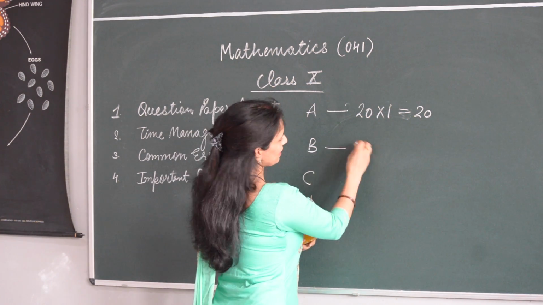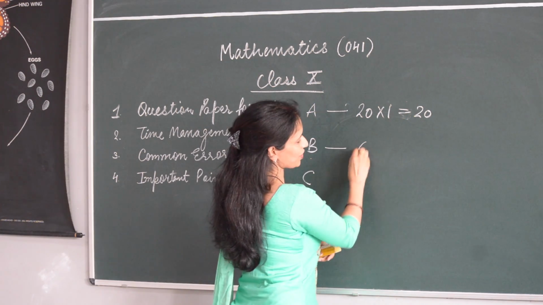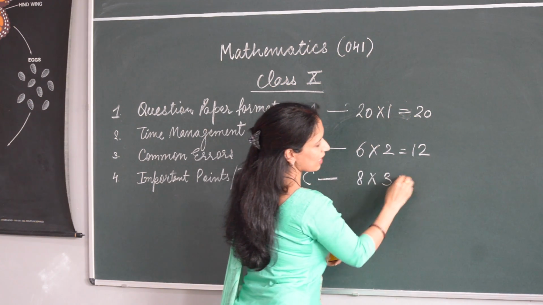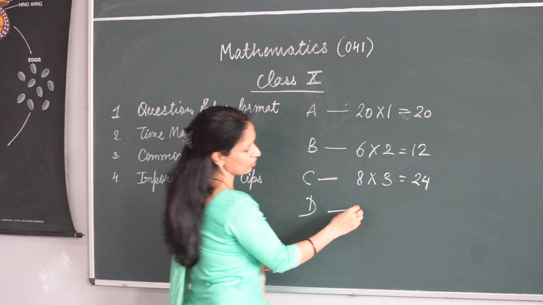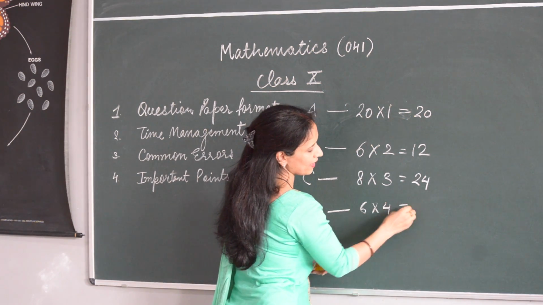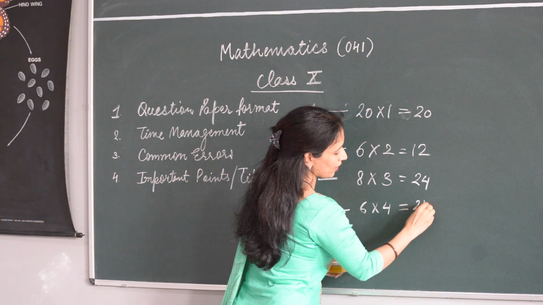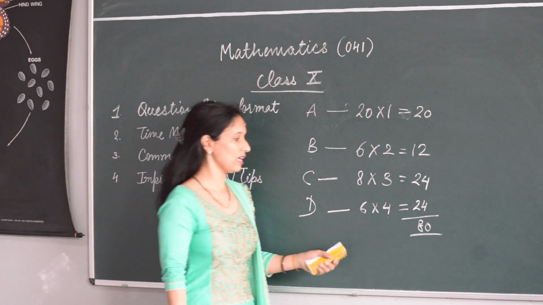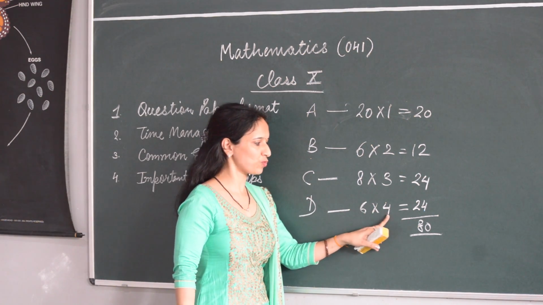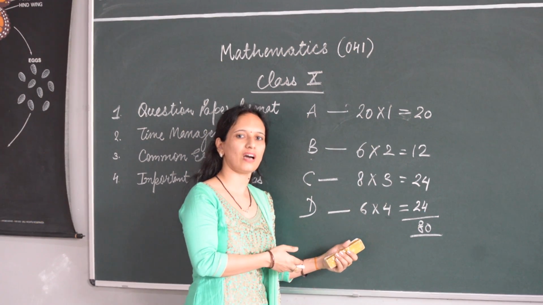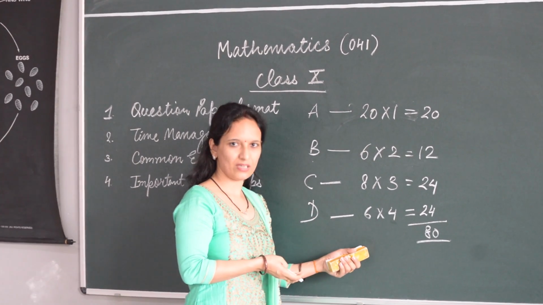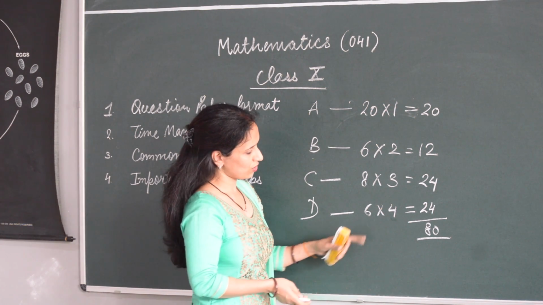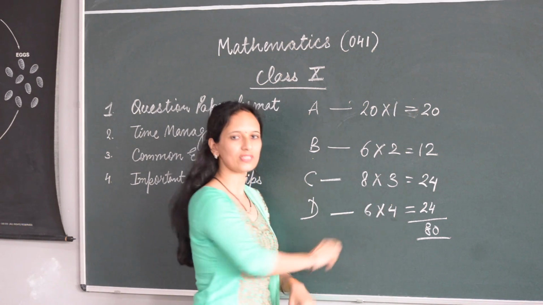Second, in B section, you will get 6 questions of 2 marks each. In C section, you will get 8 questions of 3 marks each. In D section, you will get 6 questions of 4 marks each. Now these 4 marks questions are again very important ones. I guess the most probable chapters from where they are coming are quadratic equation, construction, surface area volume, statistics, height and distance. So these will cover your 6 questions of 4 marks each.